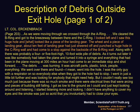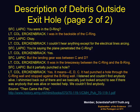The wheel and a piece of the landing gear, about 10 feet of landing gear, had just sheared off and punched a huge hole in the C-ring wall, and had come to a stop against the back side of the B-ring wall. Later on, talking about the debris outside the exit hole, he says, "I was in the back side